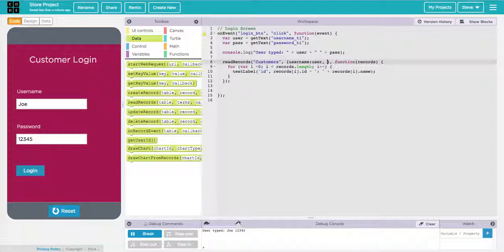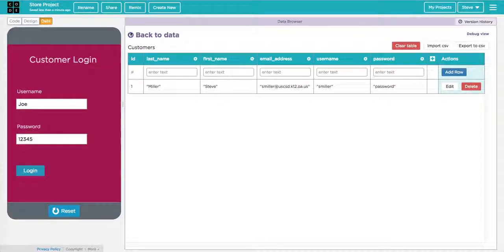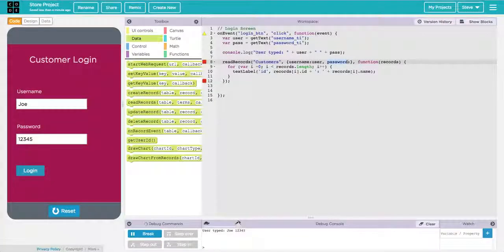Not only that, I also want to make sure that they typed the correct password. So I want the customer whose password is the password they typed. Now again, this password I'm taking directly from this column name. I want the user whose password is what they typed as well. Great. So this is automatically populated code,